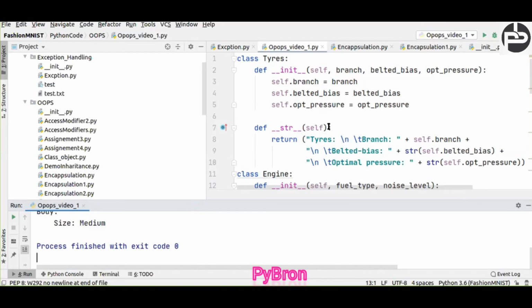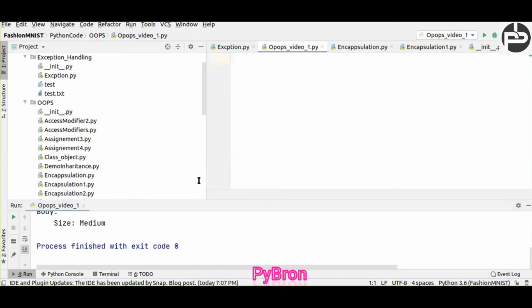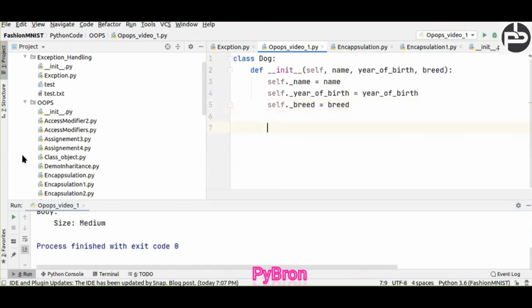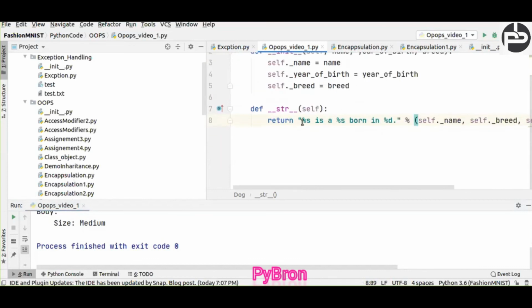Now I'm going to build dynamic encapsulation. Let me show you. I'm going to create a class Dog, and inside the Dog class I define name, year of birth and breed, and then the string method also, so that I can call all those variables with the help of the object. I already taught you what the str method is doing.